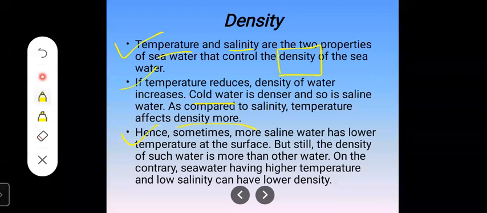Now here they have explained to us about density and temperature. If the temperature is reduced, the water will cool and then convert into ice. If the temperature is very low, what will happen? The water will start cooling, and at that time the water will convert into ice cubes. As the temperature is reducing, the density of water will increase. For example,